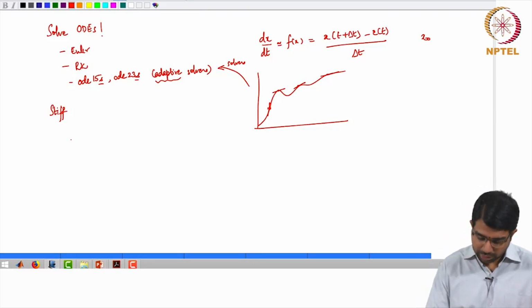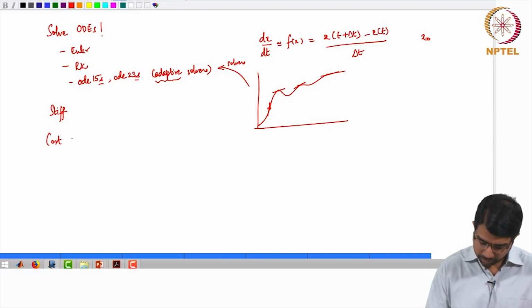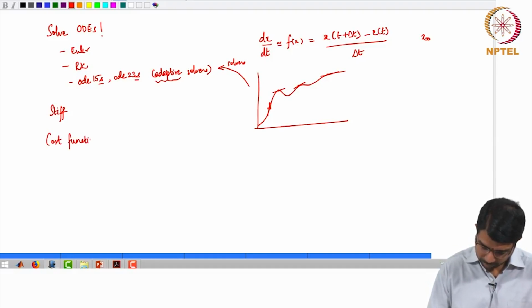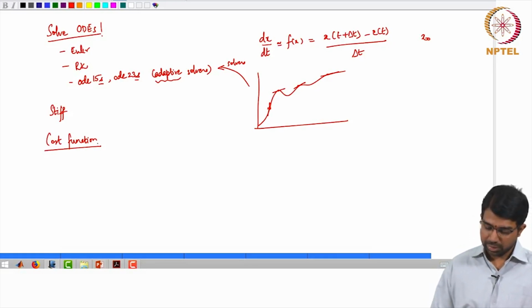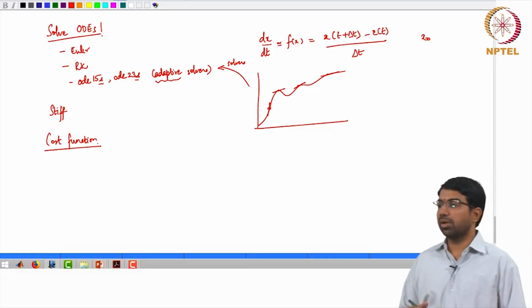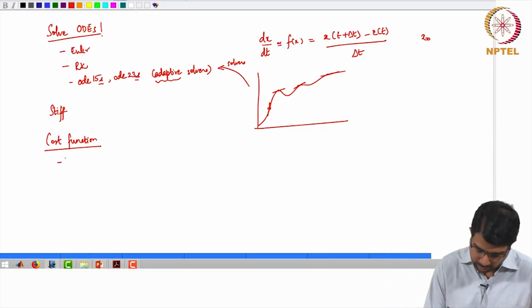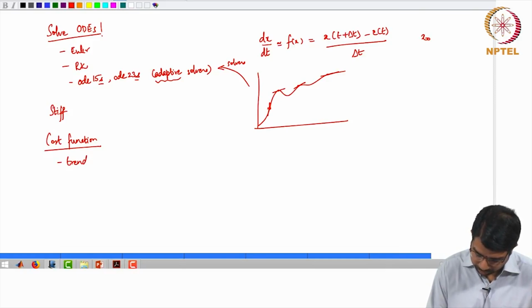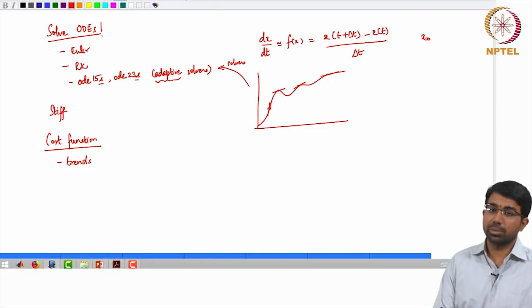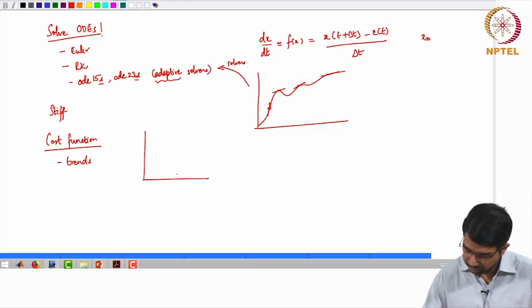And then we looked at cost function. We basically said we have to worry about several things. First thing is, as one of you mentioned, trends in the data. I might be more interested in trends in the data rather than just the data, and we said suppose your data points are like this,